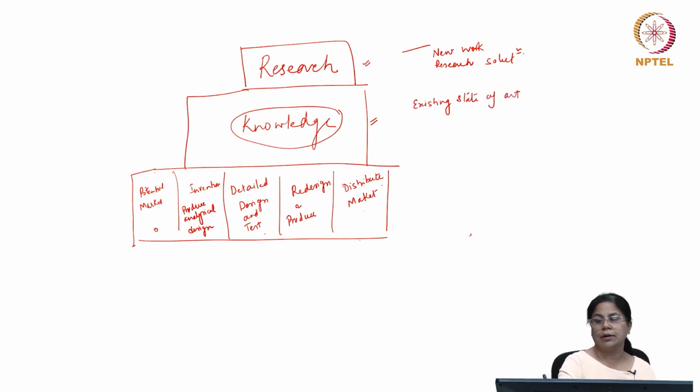Existing state of the art. The main argument from the authors is that it is not the case that every time you find a problem, you have to do new research. There is already an existing body of knowledge, through existing research papers, books, or maybe patent documents. So there is a state of the art, a body of knowledge which prevails, and this body of knowledge can also prevail in skilled labor, right?